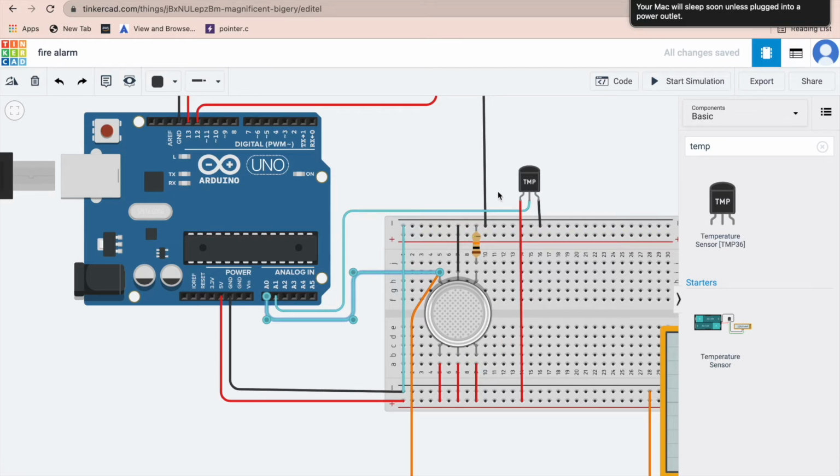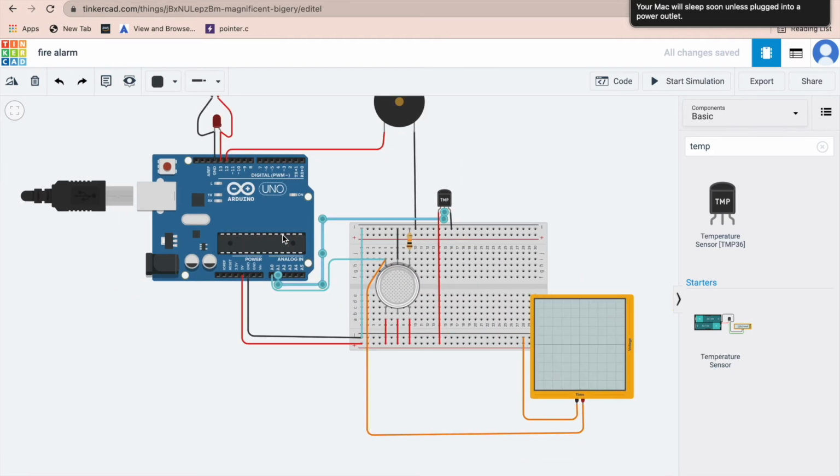Now coming to the temperature sensor, this terminal is grounded, and this is the power source. This is connected to the power source terminal, and this wire is used to connect to the analog pin A1 to take the input of the temperature sensor.